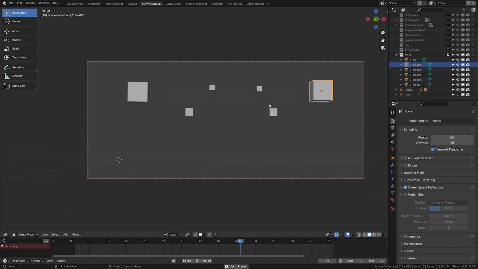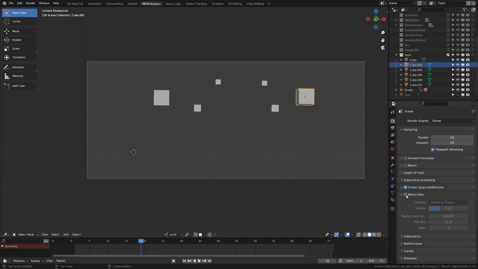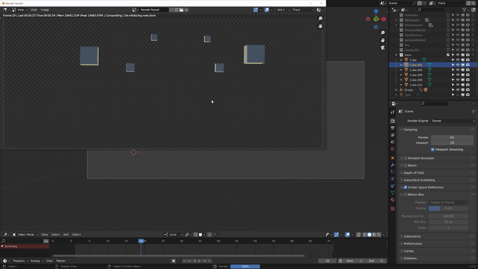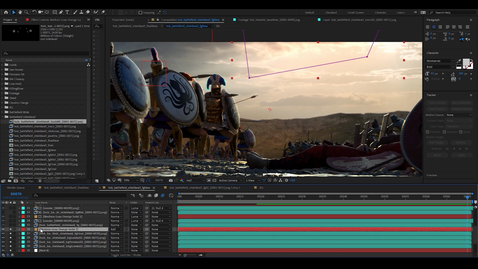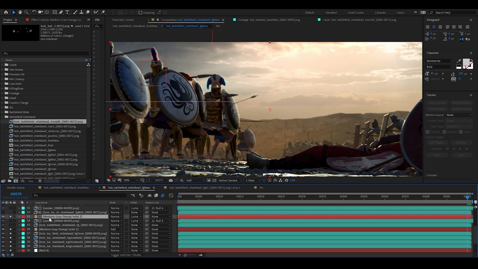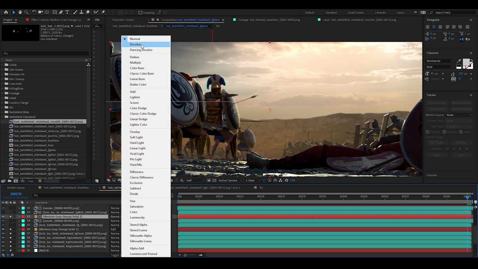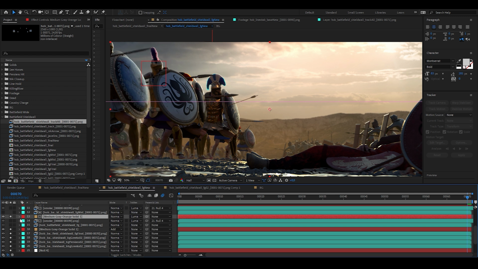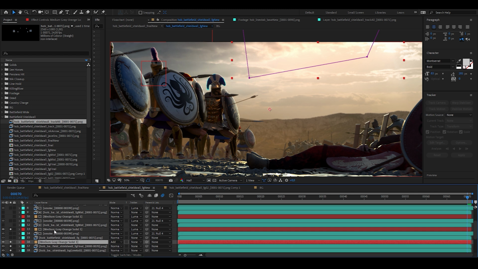One more note on this tracking method: do not render these tracking cubes with motion blur on. Instead, turn it off for better quality tracking. So, onto these tracked null objects, I parented these large colored layers. The choice of blending mode is really mostly about what you want to do with these layers. If you want to simulate a dust layer, you can leave this on normal blending so that they mostly cover your scene. If you want more of a glow effect from the sun, set it to soft light, screen, or add.